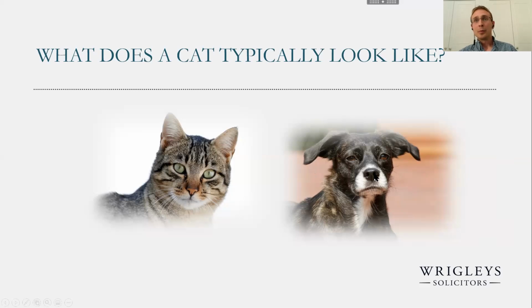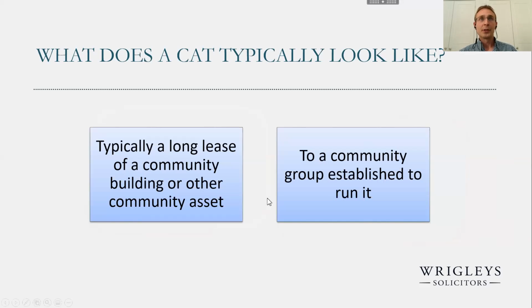So my worrisome tales aside, moving on, Caroline, can you tell us what are CATs typically being used for? Yeah, so what people probably have in mind when they think of the various community asset transfers, probably be looking at a building that's already in some degree of community use. So often a town or a village hall is a classic example. Maybe a local library, local leisure facilities, often including services currently run by the local authority.